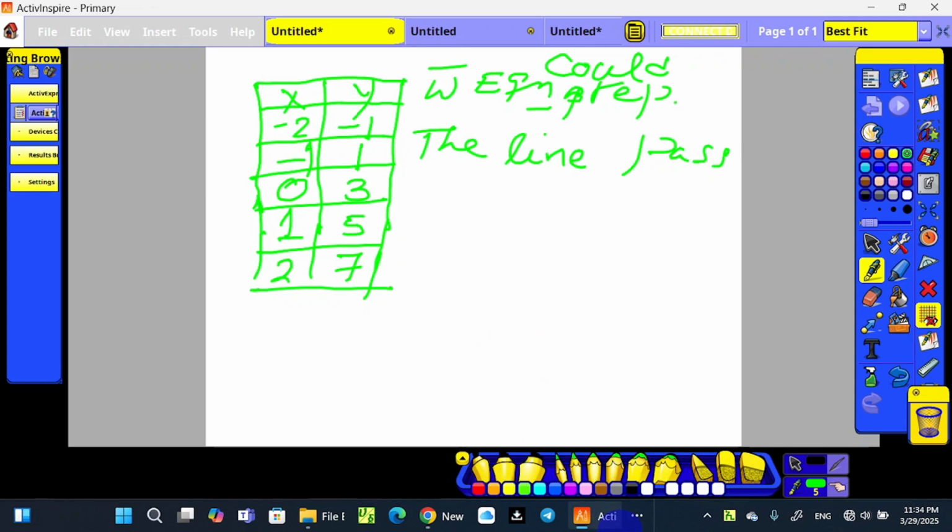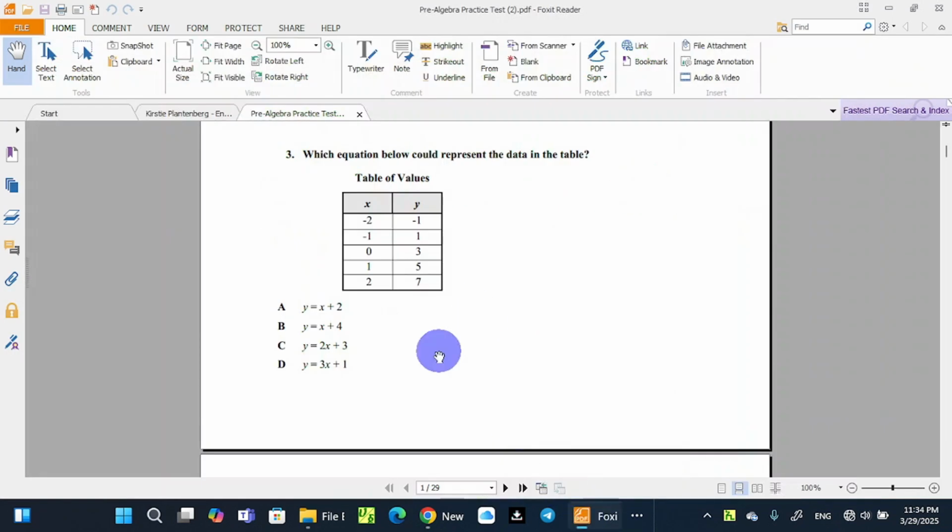Alright guys, we are going to solve the third problem. It is a continued math problem. The question says, which equation below could represent the data in the table? The data in the table represents points on a straight line, because the options given on the multiple choice questions